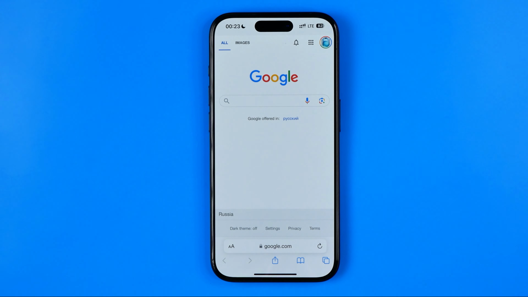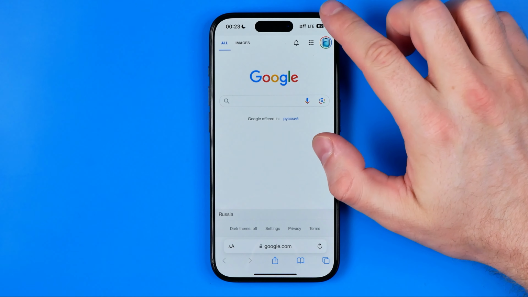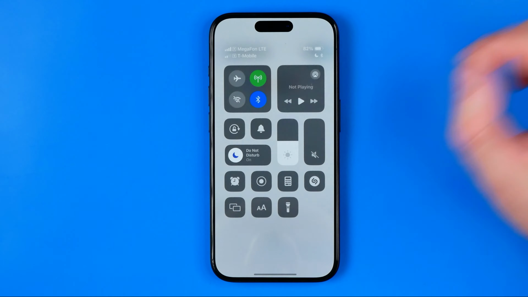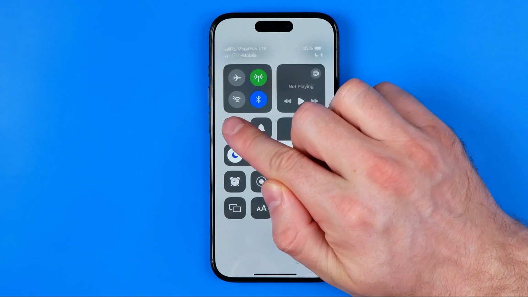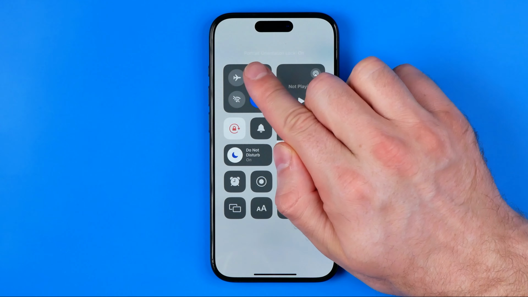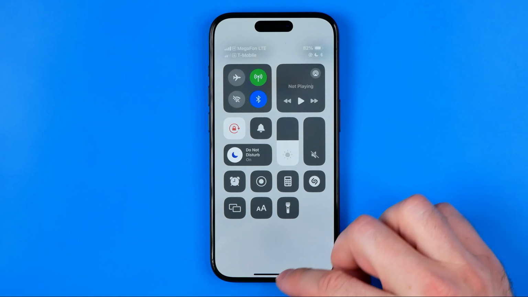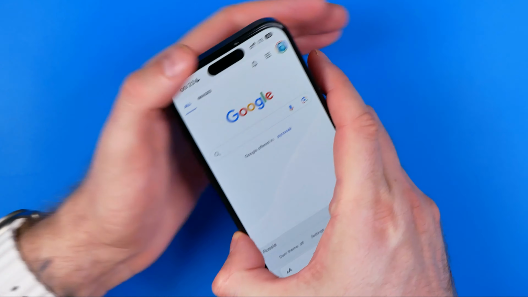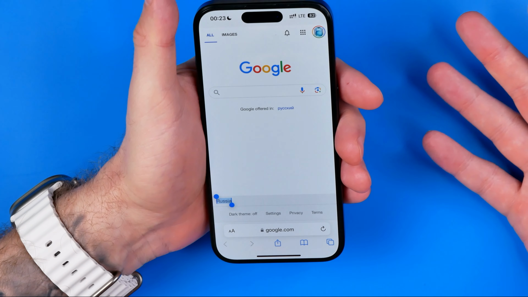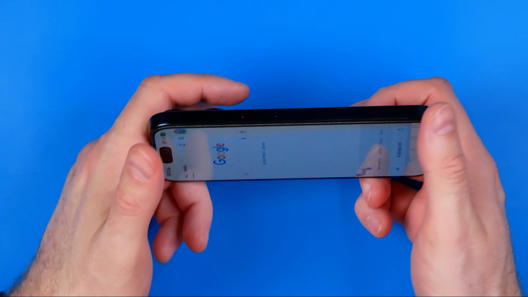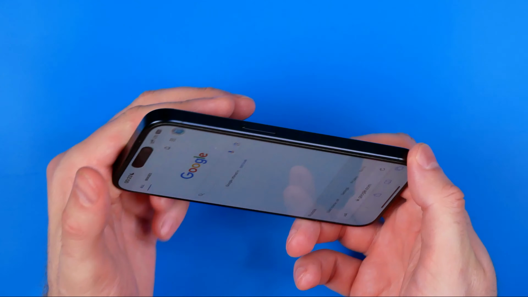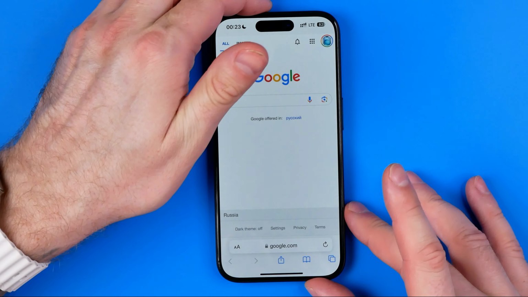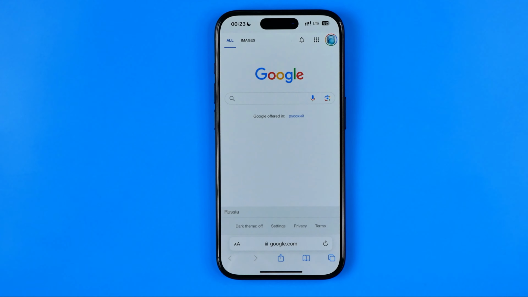However, we can easily disable that feature. All you have to do is just head over to the control center by swiping down from the top right corner. There we can easily find that icon, and now we can just tap on it. Here it says portrait orientation lock on, and then if we open up any app that supports portrait and landscape orientation, and then if you try to tilt it in that way, it won't work because now portrait orientation is locked on the entire device for any